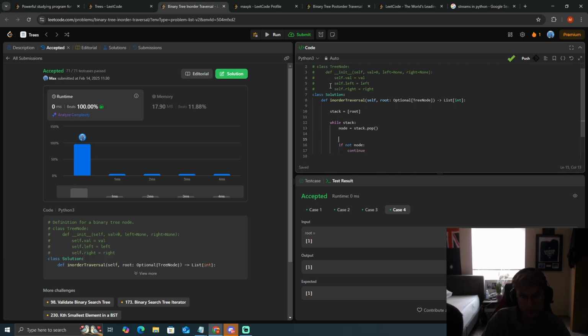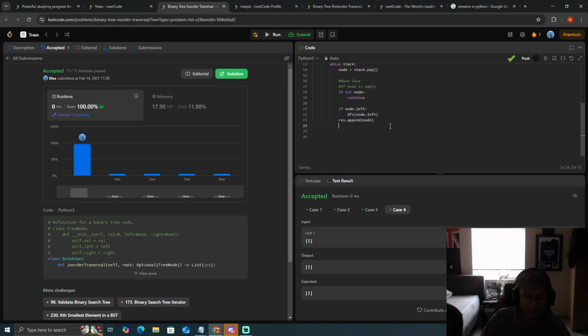So our base case, if node is empty, otherwise if node.left, DFS node.left, then we res.append node. Res equal to this, we append the node. Node.right, and we